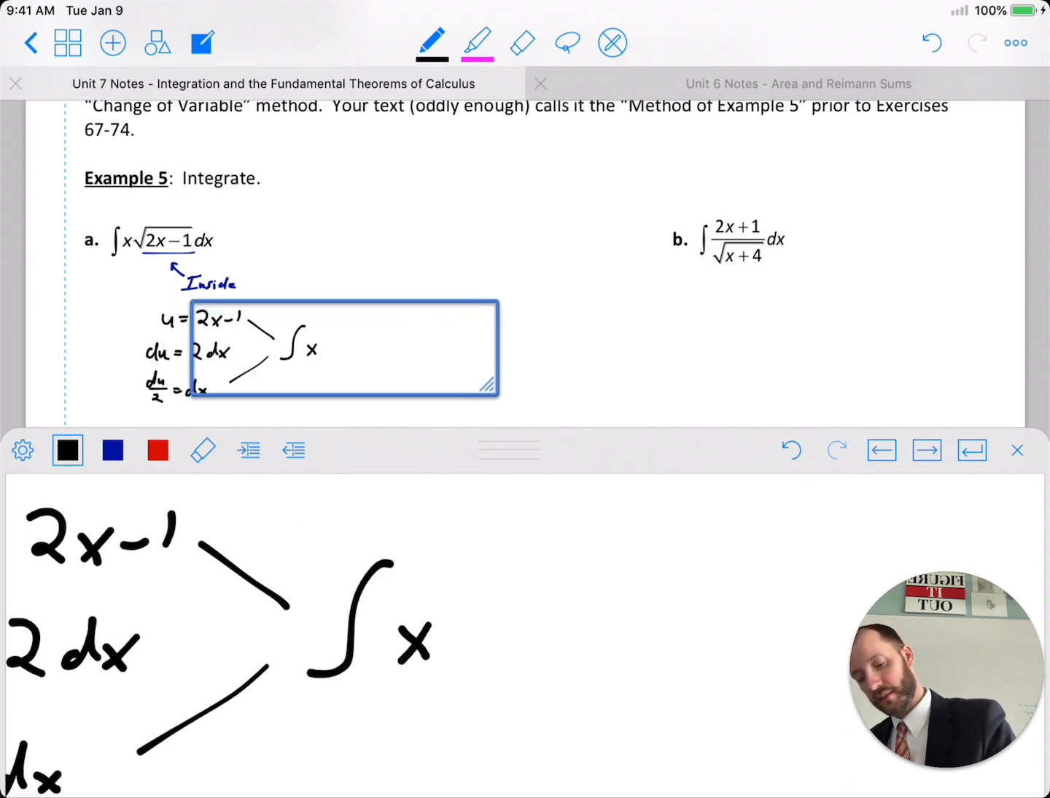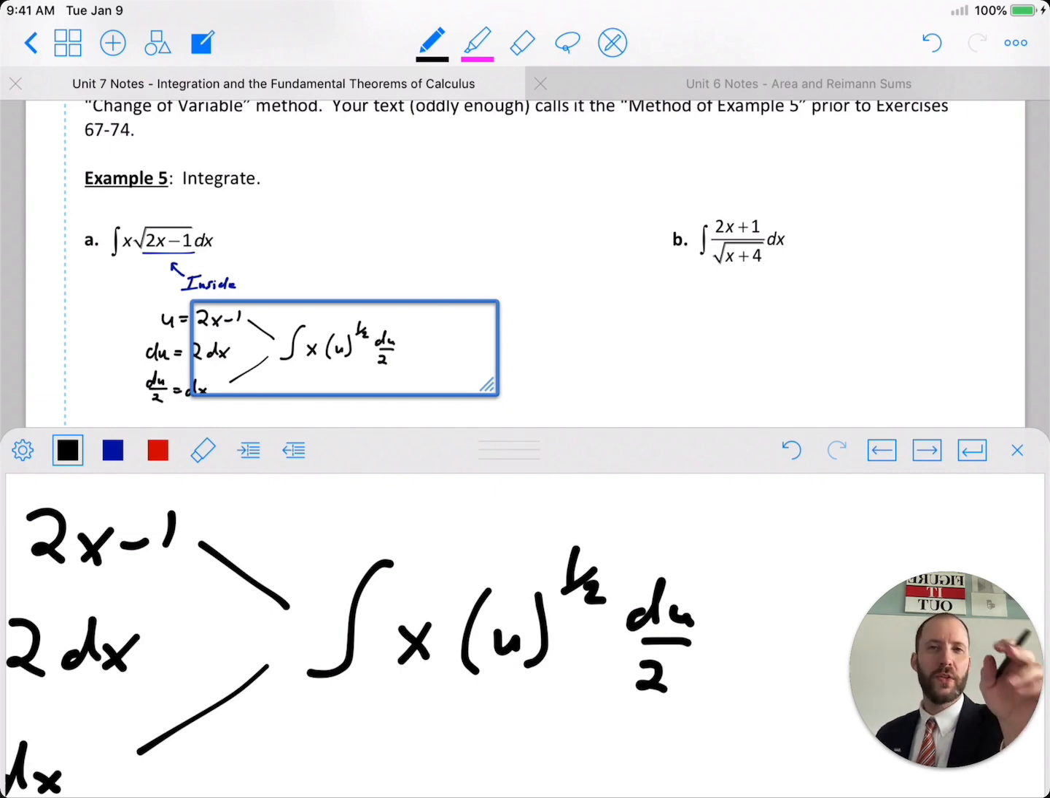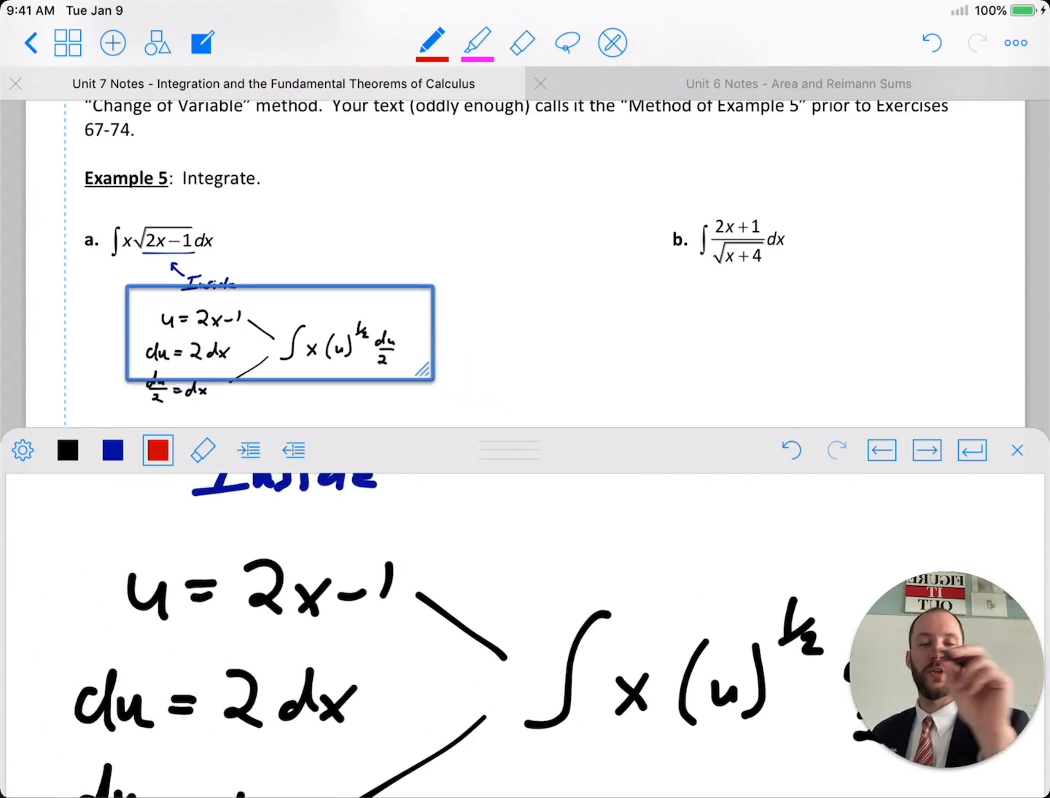So x, u to the 1/2, dx, du over 2. And you kind of see nothing magical happens, okay? So you know the old annoying thing, if at first you don't succeed, try and try again. So we're going to do that. We're going to do another u substitution. So take your original u equation,